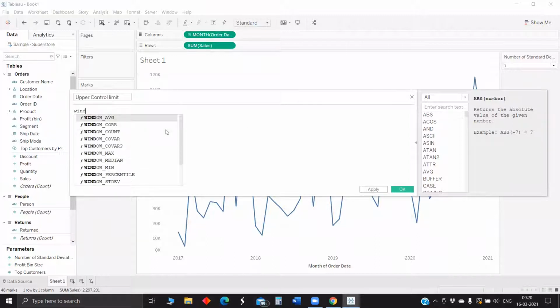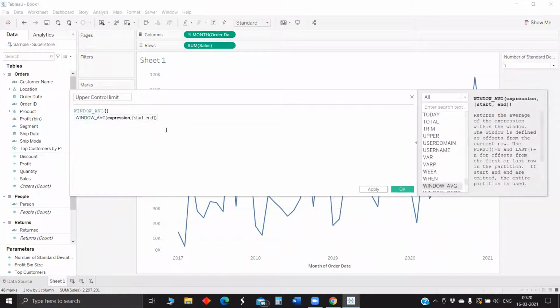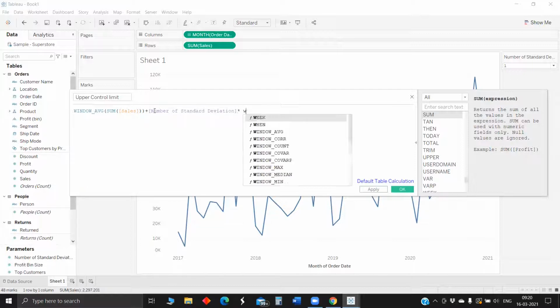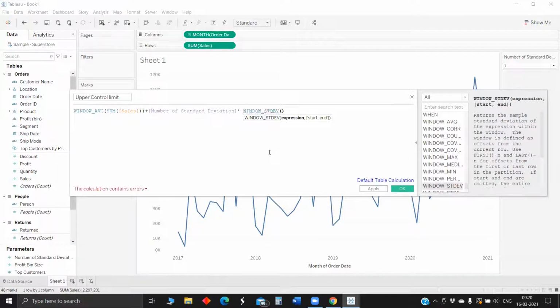WINDOW_AVG of SUM of sales, plus, since it's an upper control limit it should be a plus, number of standard deviation times, and to get the standard deviation of sales we have a function in Tableau, WINDOW_STDEV of SUM of sales.